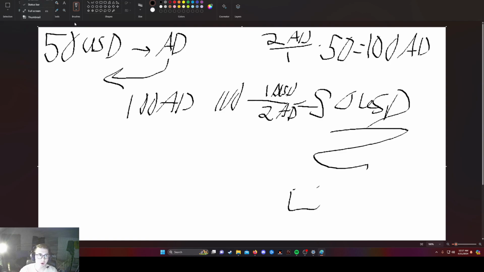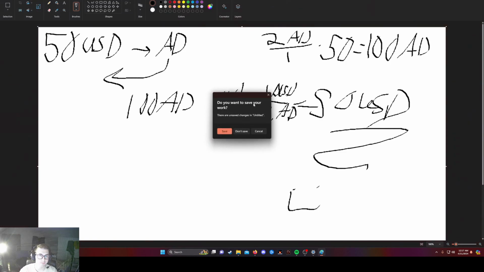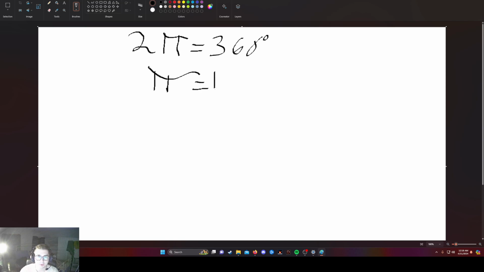So let's now apply that to what we are doing here. I know that 2 pi, one thing I think I said on Monday, is equal to 360 degrees. Let's consider that our going exchange rate. So similarly, pi is equal to 180 degrees. It says here let's create some angles on our circle. The first one they give us is pi over 16. So what is this